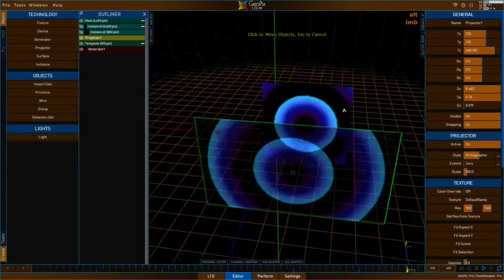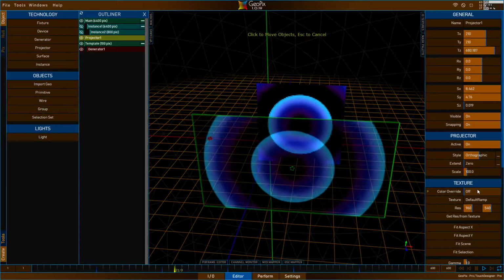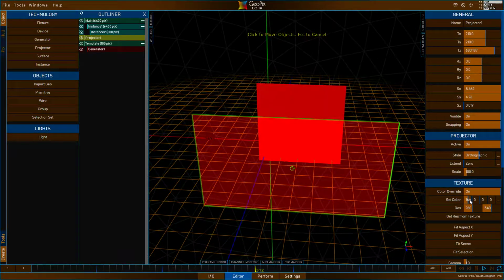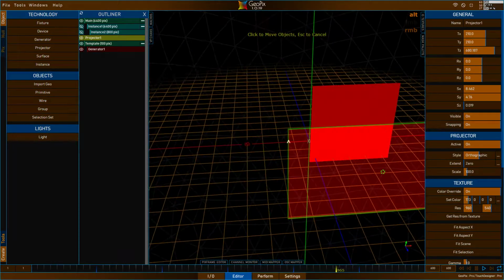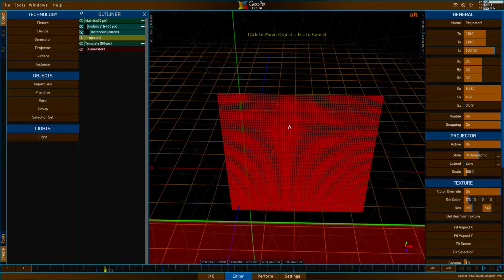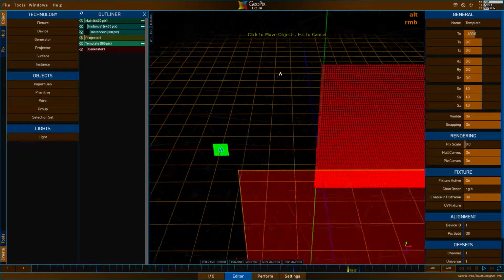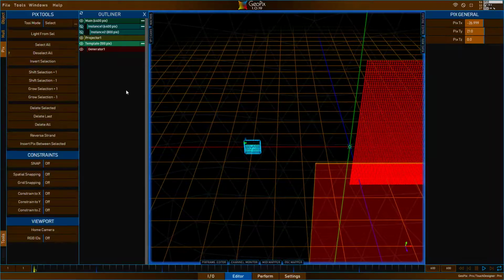And with that done, let's go ahead and just use a constant color, because I'm just going to show you some masking tricks here. We'll use red. And with that set up, we can now see very clearly each and every pix, right? We can see the array, how dense it is, etc. So if we go back to our template, and we go back to pix,